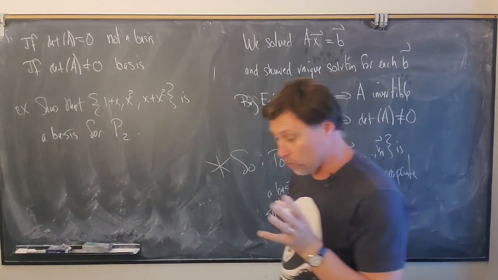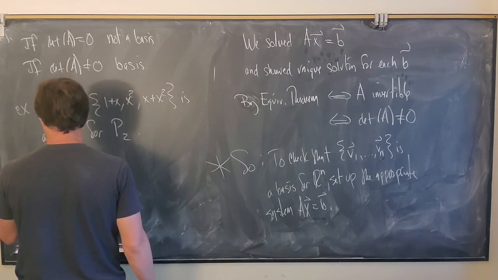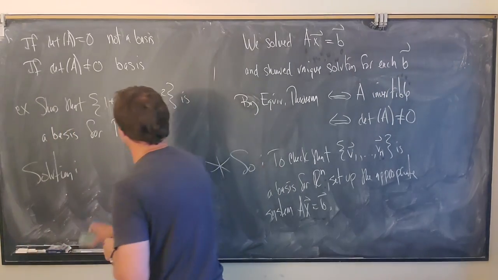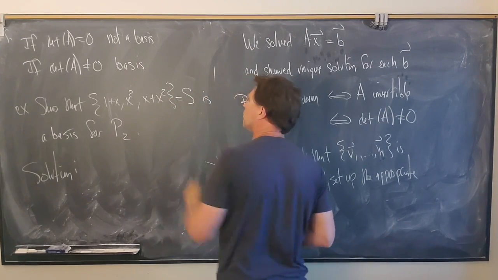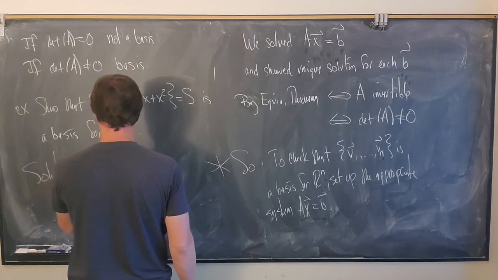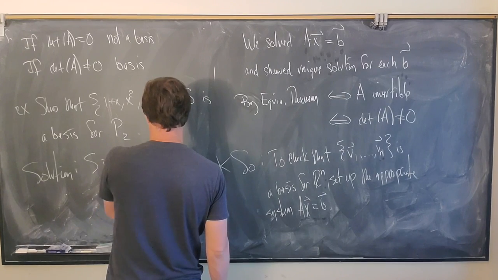Okay, now how would we go about this directly? So the solution, and let's call this set capital S. S is linearly independent